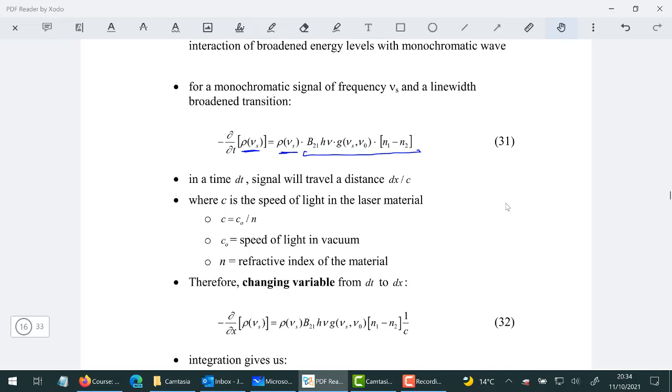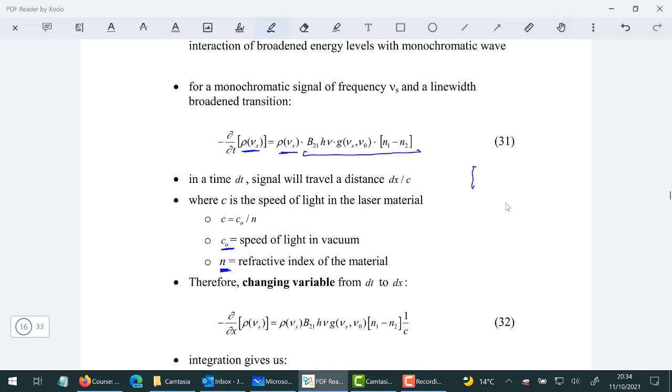Okay. So here, the speed of light is given by c. c naught is the speed of light in vacuum, and now we're going to confuse things even more because we've got the refractive index being given by n again, and I apologise for the confusion in this. What we're also going to do is change the variable from dB/dt to dB/dx,